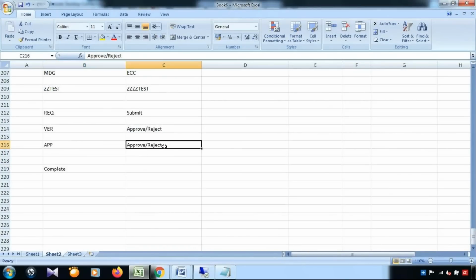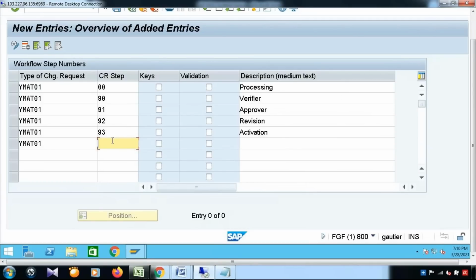Why rollback? Let's say the verifier or approver rejects, it goes back to the requester. Now the requester can resubmit it or can withdraw it. If it is withdrawn, then the entire change and its relative details will be removed from the system. So that's why it is required to have 94. 94 is rollback. Okay. Now next,